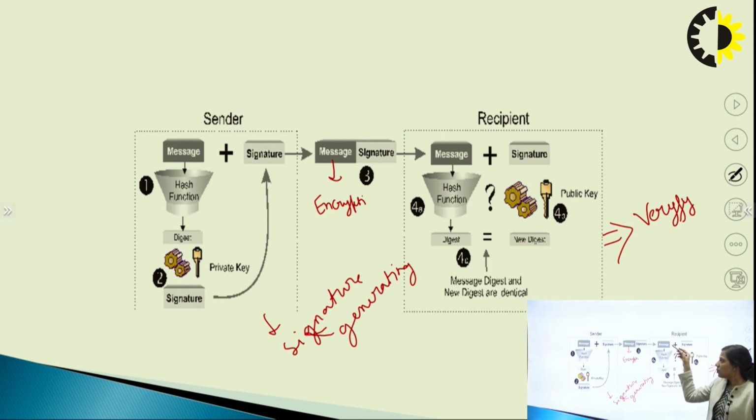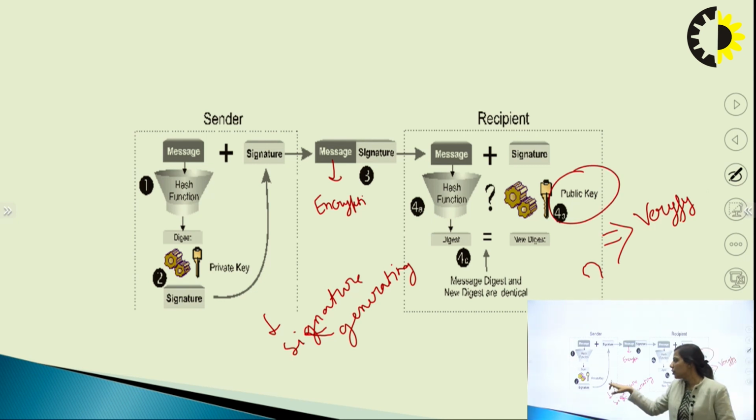The message will be converted, again the hash value will be calculated. Then it is checked whether the function is the same or not, and it will be verified by the public key. Means you are generating the particular signature through the private key and you are verifying it by the public key. So this is the overall digital signature process: you are sending the message, along with that the signature is generated through the private key, and the receiver is receiving the message, converting the value into the hash function and again verifying the particular value through the public key. Thank you.